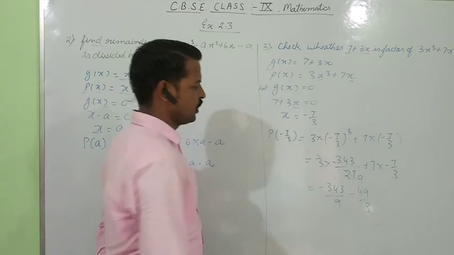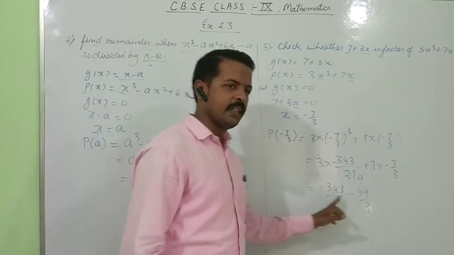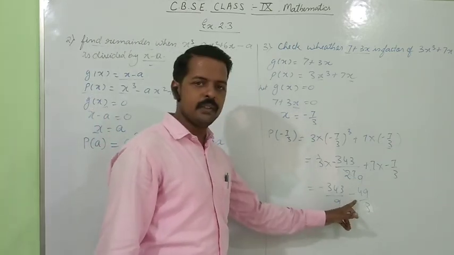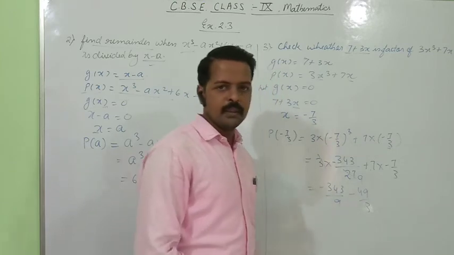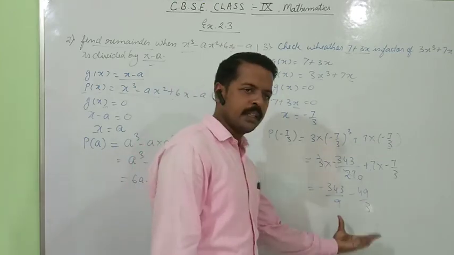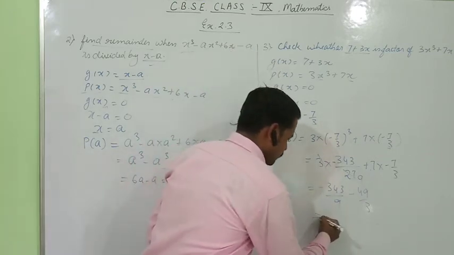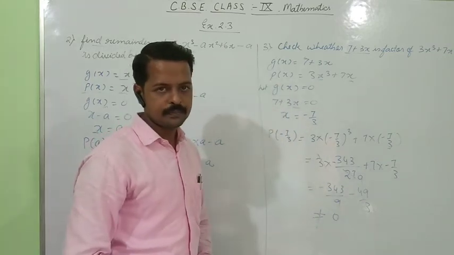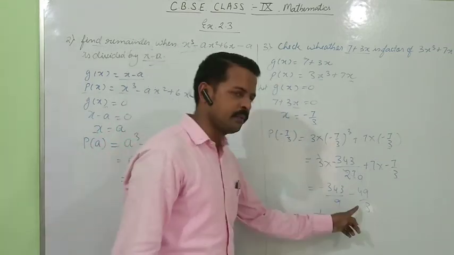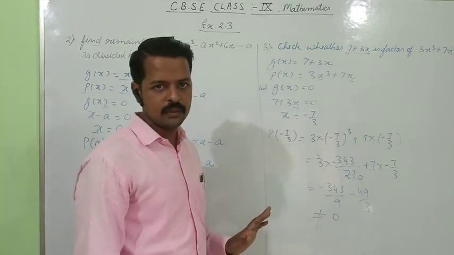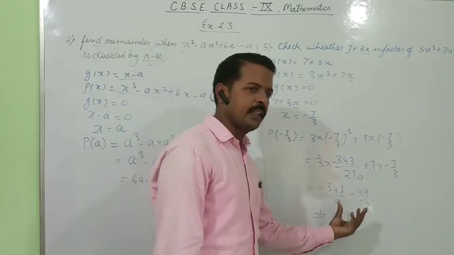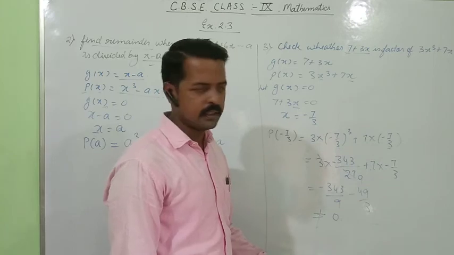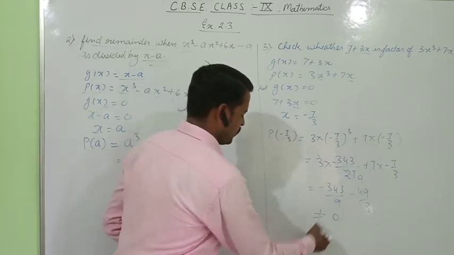So are we getting 0 over here? Both numbers are negative, so we will add the numbers together, and we will not get the answer 0. So we will directly write not equal to 0. No need to solve it further. Since both numbers are negative, they will not become 0 anyhow. If we add both, we get a negative number, 0 cannot come. Okay, so we'll say not equal to 0.